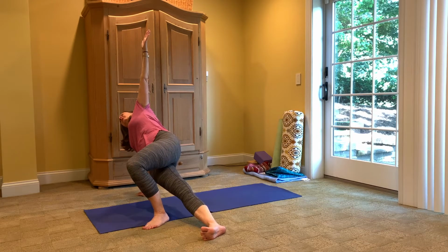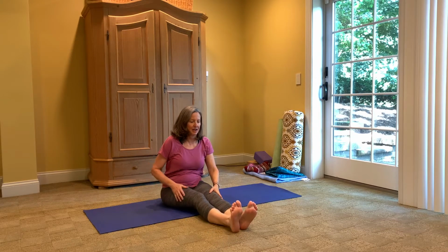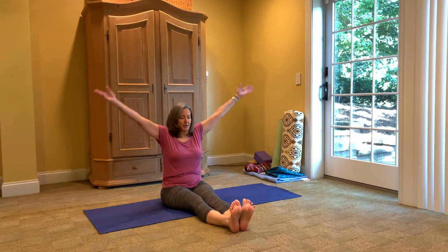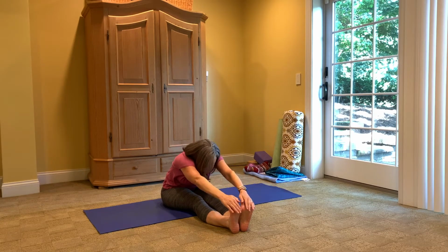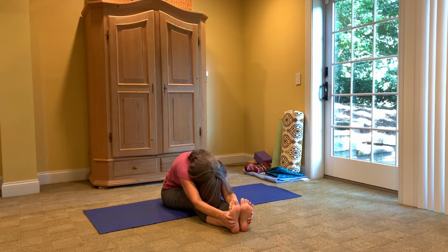No clenching, make sure you're breathing, coming down, extending that foot, both legs together, taking our arms up overhead, forward fold, exhalation, inhalation, coming out of the stretch, and with each exhalation, see if you could fold a little bit more into